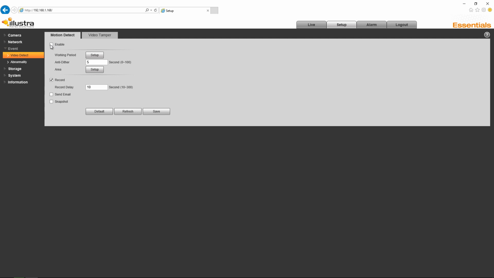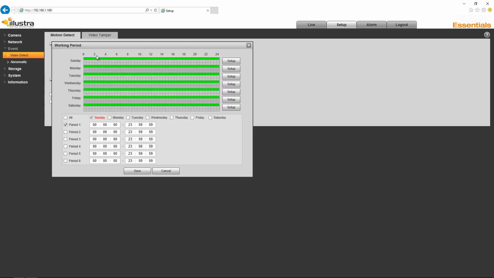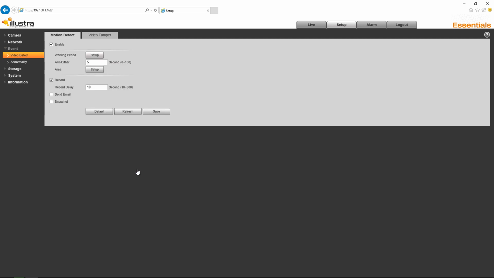First of all, I'm going to enable motion detection, and then I'm going to choose the Setup button next to Working Period, and it's in here where I can set the schedule of when motion detection is enabled. You'll see down at the bottom here we have the days of the week, and we also have some time settings for each period. Once I'm happy with my configuration, I'm going to choose Save, and then I can configure